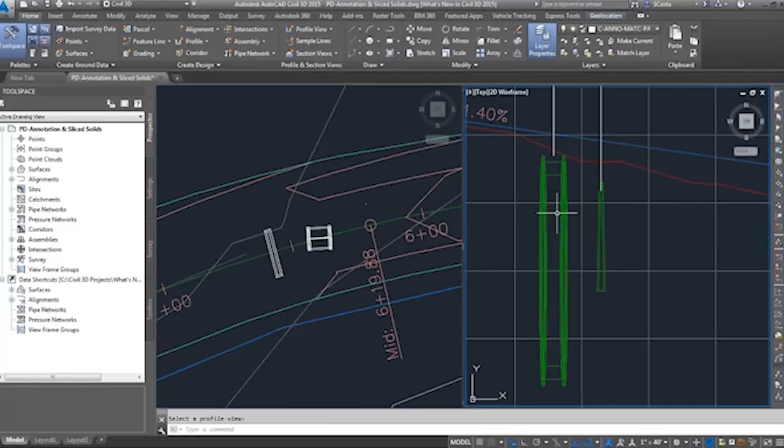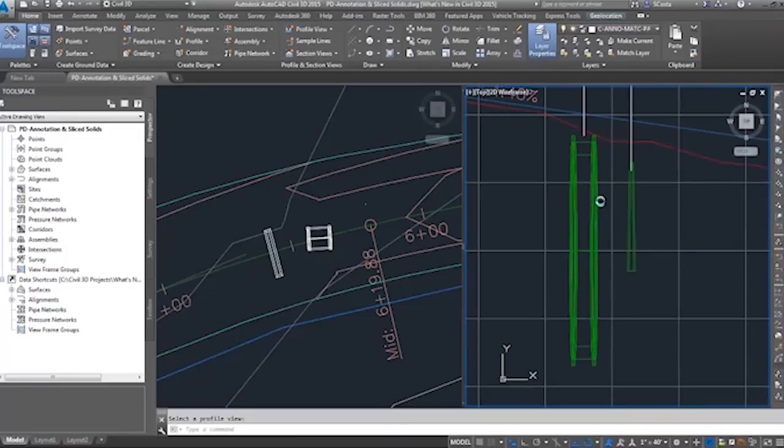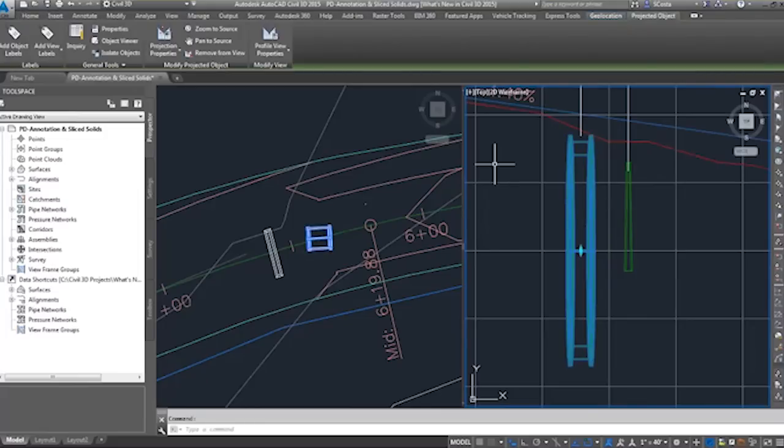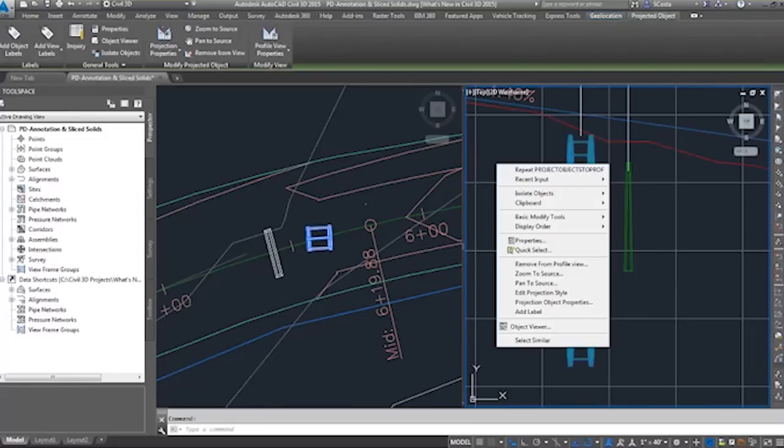So if you wanted to be able to see a very specific cross-section, right, and specifically the cross-section of the object as it goes and passes through that profile, you'd have to be able to toggle the style. Now, the styles have been created in this particular drawing, so I'm going to toggle the style first to show you what that object looks like, and then I'm going to go ahead and show you what that changes in the style editor. So if I simply pick that object, I can, in fact, you know what, I'm going to